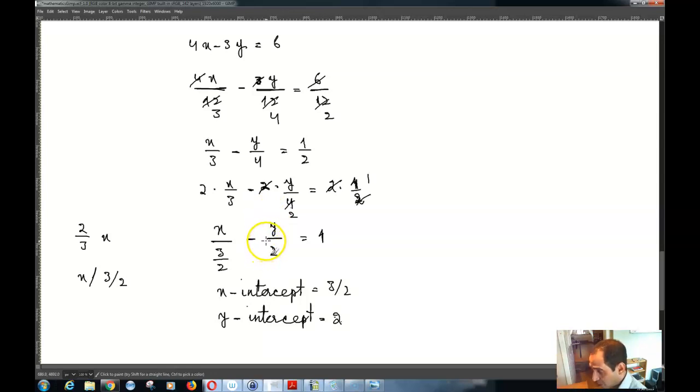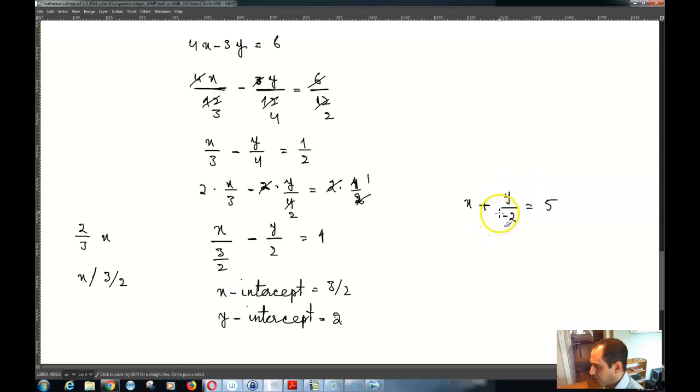Actually, your y-intercept is not 2, it must be -2, because you've got a negative sign over here. Let me see, if I write, for example, x plus y divided by -2 is equal to some number, for example 5,